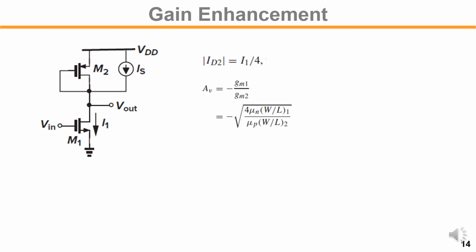In previous examples, we were using a diode connected load. The problem with the diode connected load is that if you want to increase the gain, AV equals minus GM1 times 1 over GM2, so the GM of the load transistor should be minimized. But as you can see, the GM of that device is 2I over the overdrive voltage. If you share that current through this device,